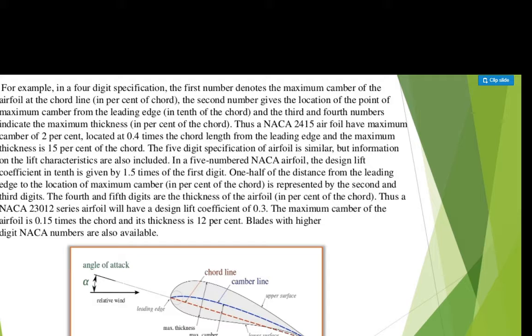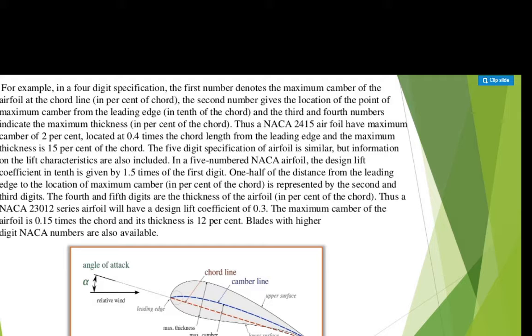In a 4-digit specification, the first number denotes the maximum camber of the airfoil as a percentage of the chord line. The second number gives the location of the point of maximum camber from the leading edge in tenths of the chord. As we can see in the figure, when air comes over our blades, it comes at an appropriate angle so that maximum air hits the blades. And a maximum camber of 2% located at 0.4 times the chord length from the leading edge, and the maximum thickness is 15% of the